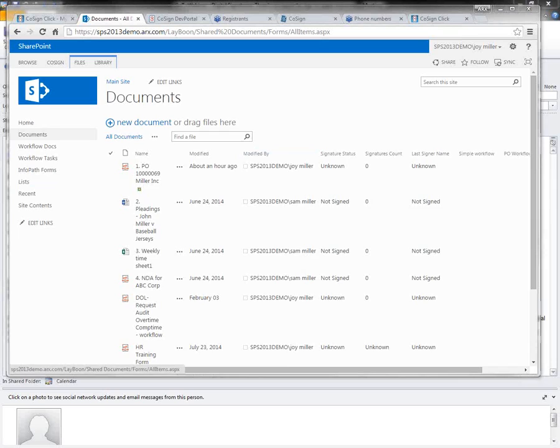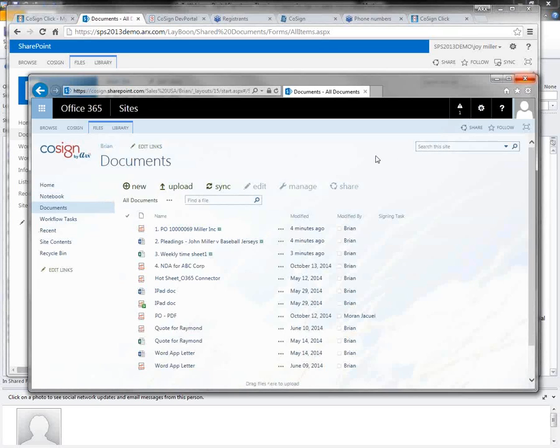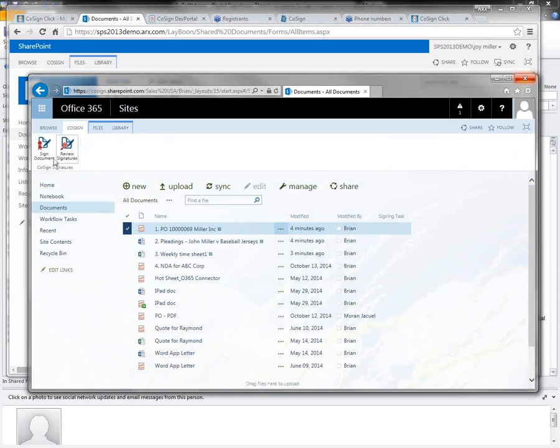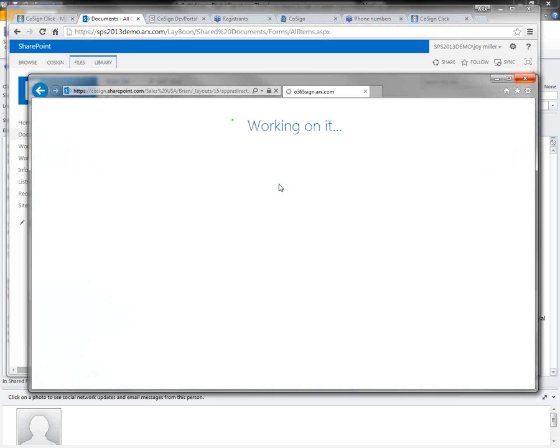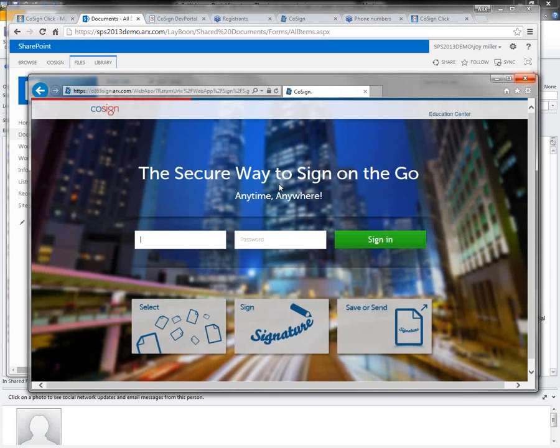But the other thing that's kind of popular out there these days is people want to use Office 365. So they're starting to deploy SharePoint Online or Office 365. So you could have one Cosign system deployed, and it can talk to these multiple environments, whether it's the SharePoint on-prem or in the cloud. It could be a different ECM system. But if I wanted to just sign a document that's in SharePoint Online, Cosign adds in as an app very easily from the Microsoft Store, and it basically lets you sign any of your documents right within the Office 365 environment that I'm showing you right now.